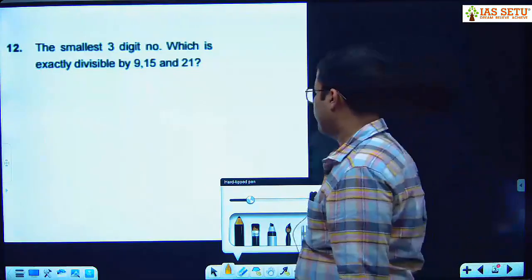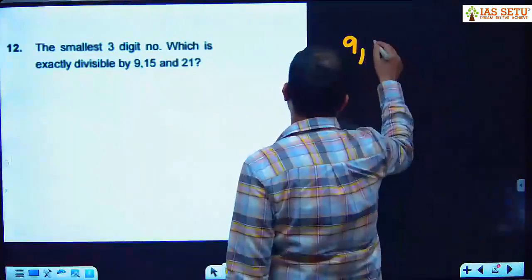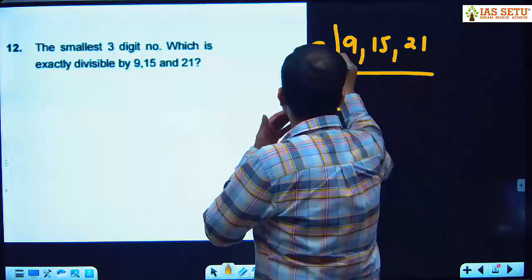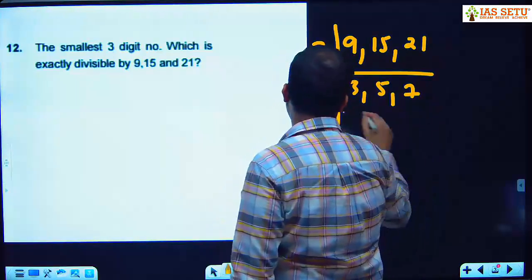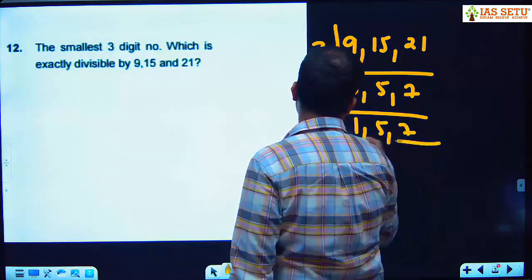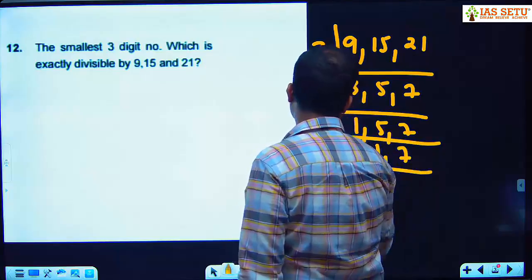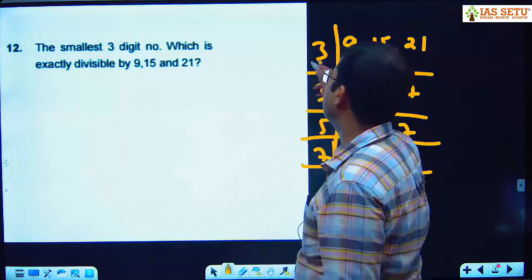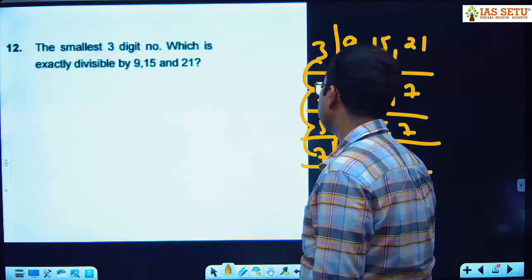So what we will do, we take LCM of 9, 15, 21. 3 common: 3, 5, 7. Further 3 common: 1, 5, 7. 5 common: 1, 1, 7. 7 common: 1, 1, 1. So it's like 3 into 3, 9, 9 into 5, 45, 45 into 7,